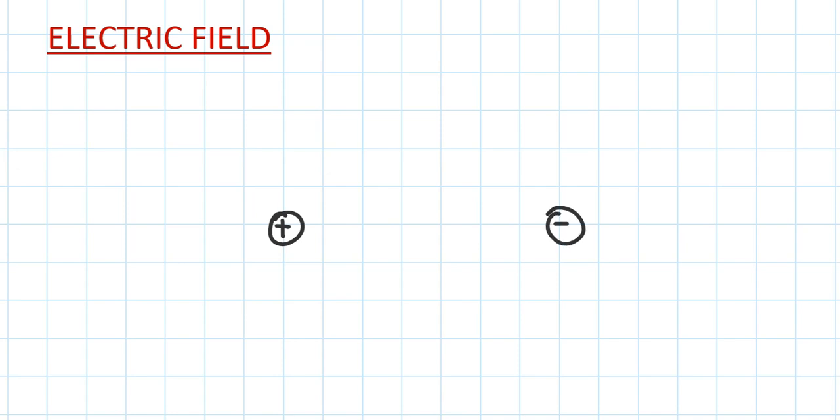So according to the principle of superposition, the electric field at any point, say any arbitrary point P, so it can be any point in the space, will be